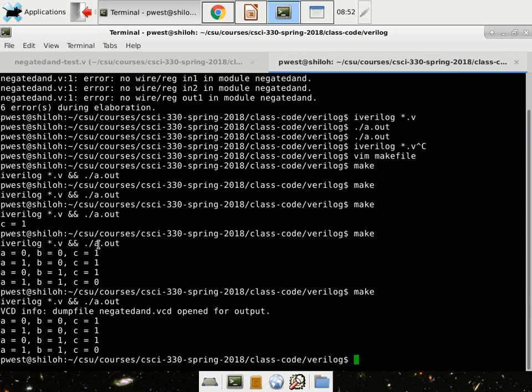All right, and then when you compile and run it, remember I'm recompiling it each time. Dump file negated.vcd open for output. All right, so now if we do GTKWave on the dump file,